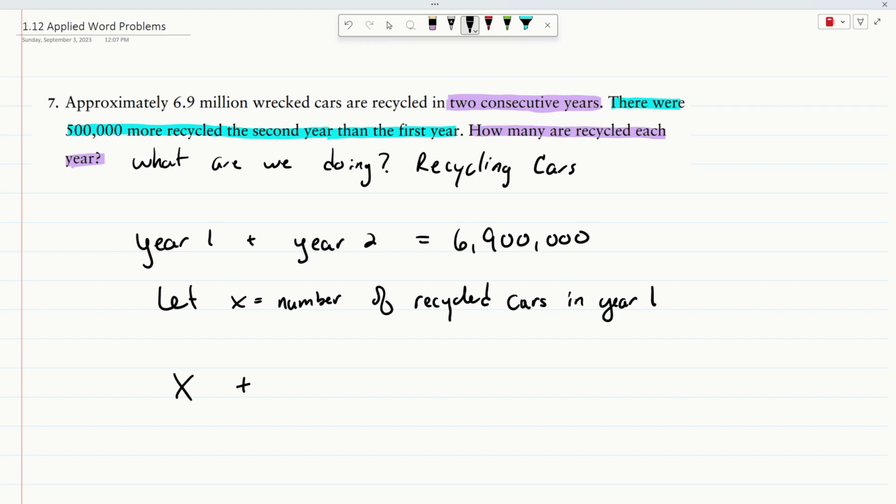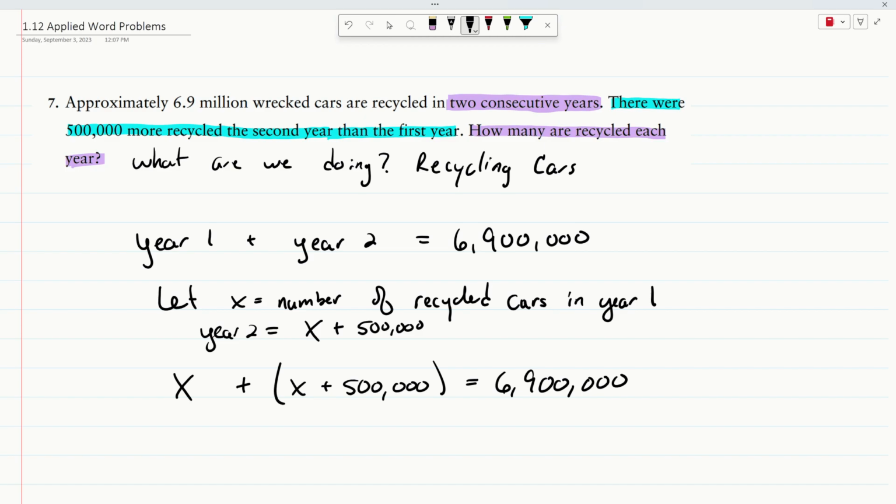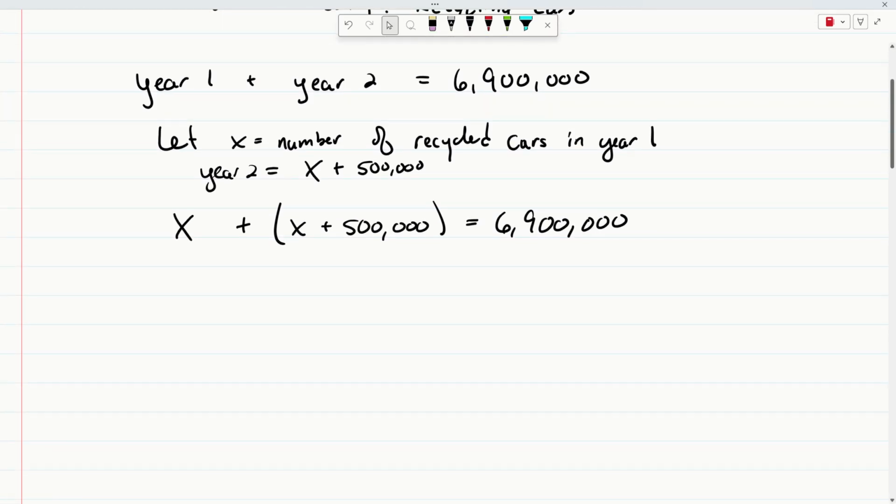However, year 2, I know that's going to be the number of recycled cars in year 1 plus 500,000 more. So year 2 is going to be X plus 500,000. And that has to equal 6,900,000. So from here, now the algebra part's done. I guess setting up the word problem. Now I'm just going to do some math. So we get 2x plus 500,000 equals